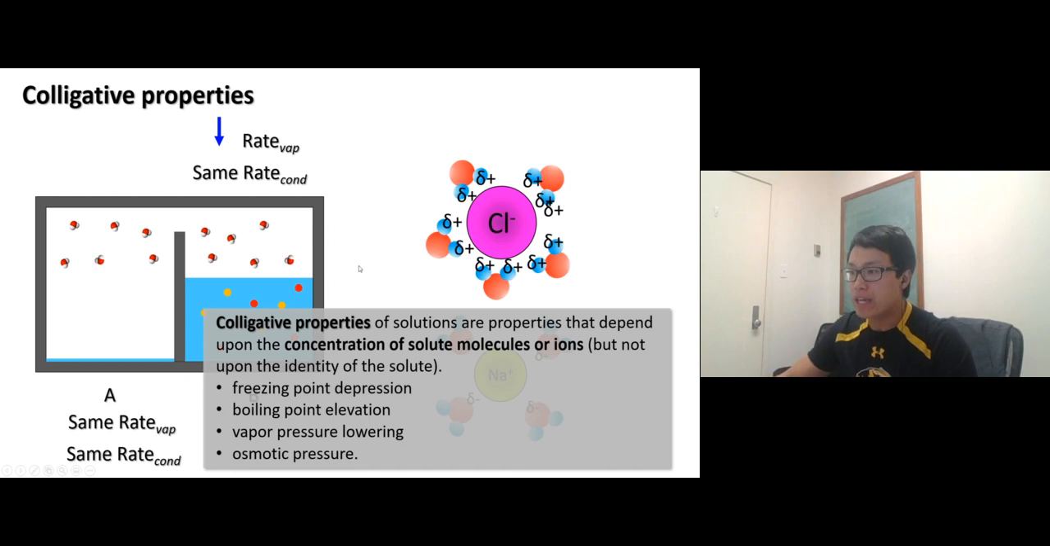Okay, and there are a few types of colligative properties. We have the freezing point depression, boiling point elevation, vapor pressure lowering, which you saw earlier, and then osmotic pressure. I love the last one. Well, it's fun to talk about. Okay, so we're going to start with the freezing point depression. Adding sodium chloride, the freezing point goes down. All right, how does that work? Let's take a look on the